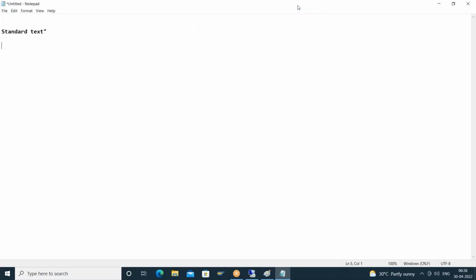See here. Standard text means, if you take any business, every business contains different business documents. In each of those business documents, there is some content which is common. That content which is common across different business documents, we can store as part of a standard text